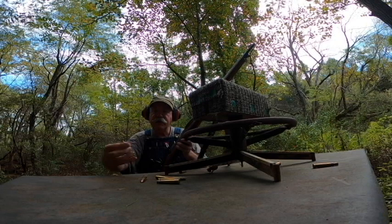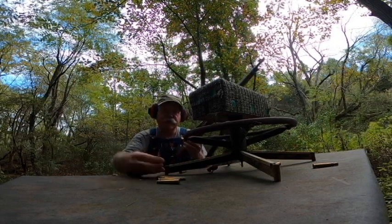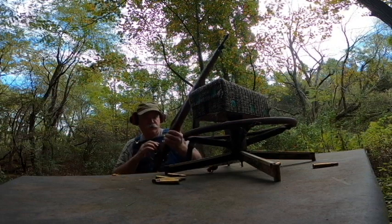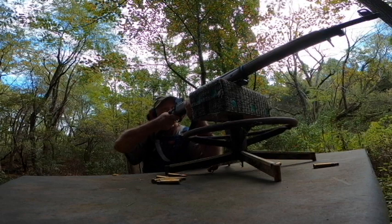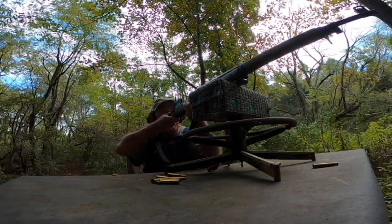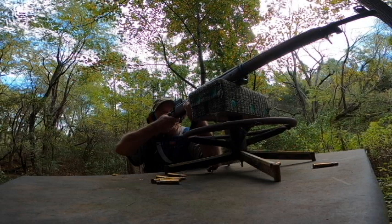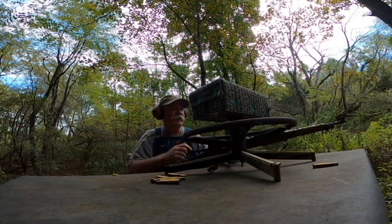Put 2 more rounds in here, and then we'll call it the day with regards to the video. But I'm going to do some more practicing working on the sights. Let's do 2 more on the torso. Yeah, so if you do the center of mass aim,